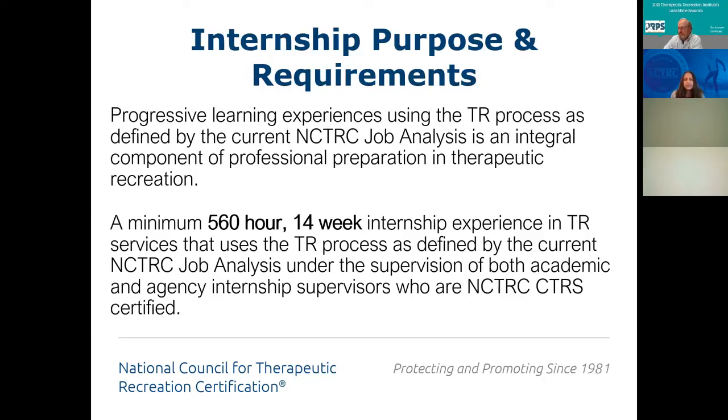And again, this experience is really important for individuals, students especially, preparing themselves for the profession. And so you want to make sure that experience is a well-formulated experience. You want to make sure that experience is over that 14 weeks and 560 hours. Certainly that it is under the supervision of you, that active agency supervisor, as well as an academic supervisor at the university. One of the things that NCTRC was able to do over the past year is really do some